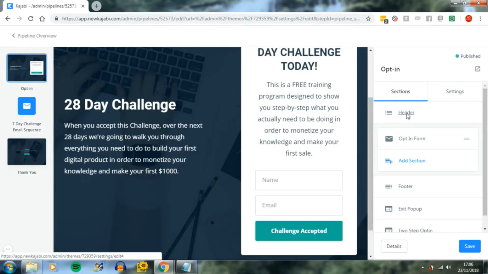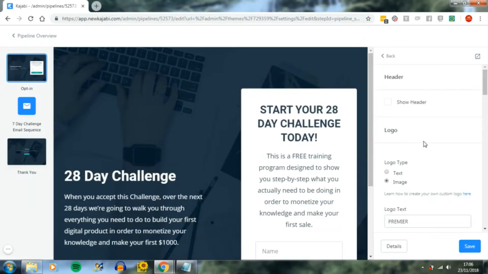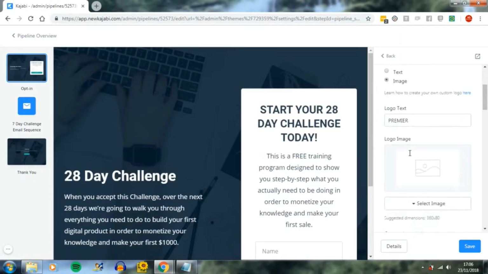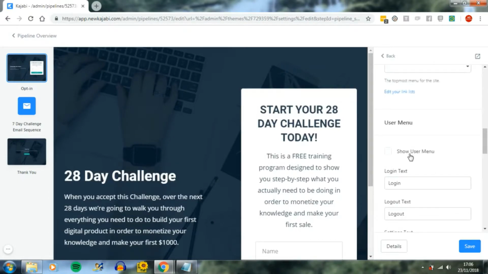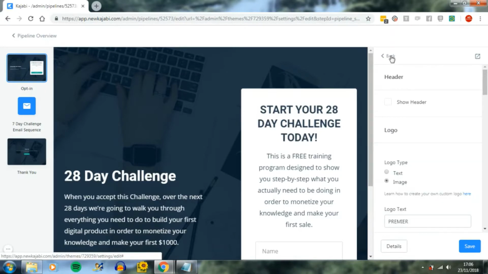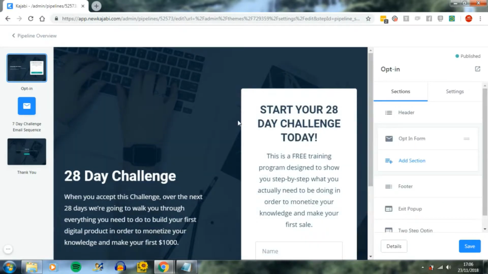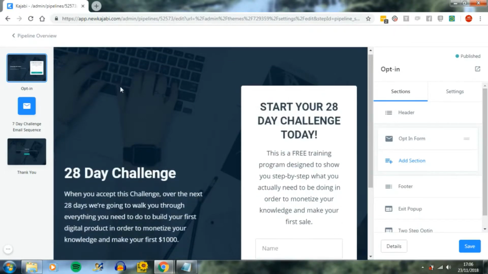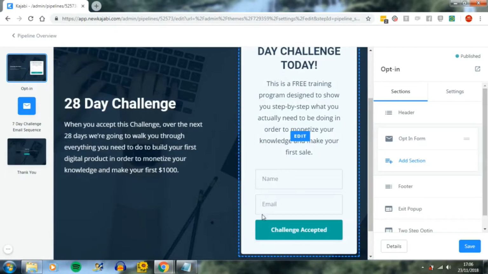So if you go into header, it's saying if you want to add a logo, you can add text or image, and you can customize it accordingly. I don't bother with too much customization. And so that's it. So when people put their name and email address in and click on challenge accepted,